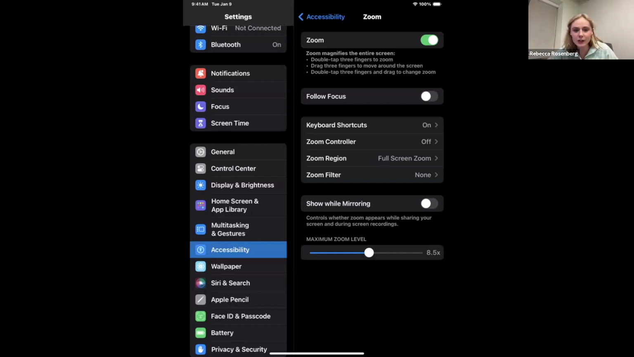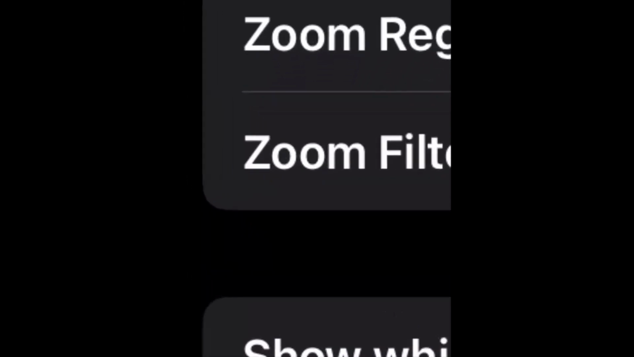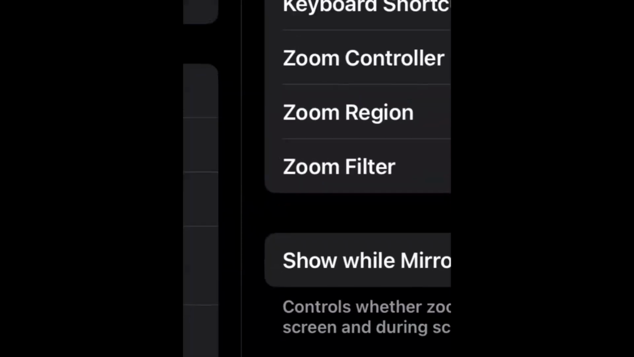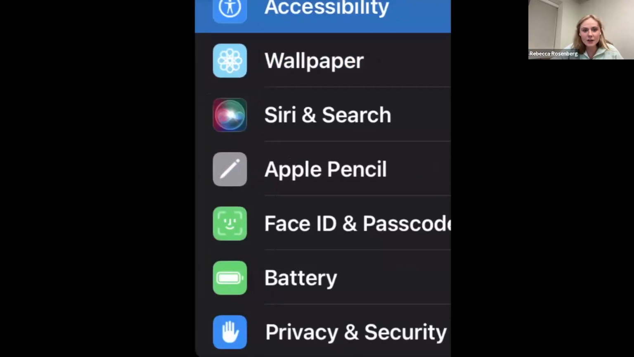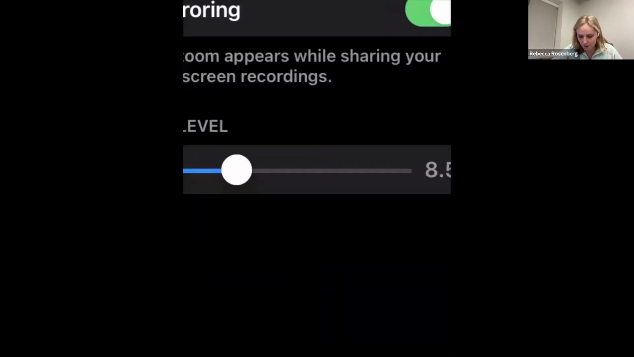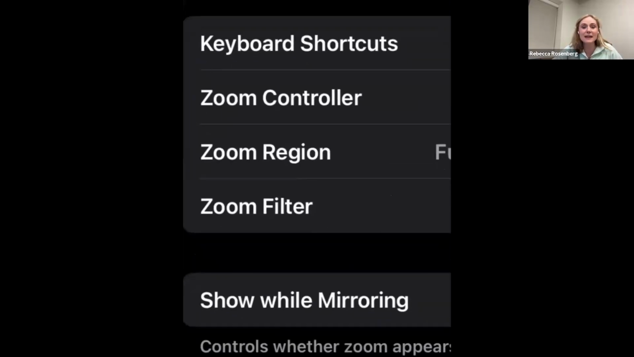And now I'm seeing why you can't tell that I've zoomed while I'm screen mirroring, because the show while mirroring is turned off. I think that if I turn that on, now you can see it. There we go. All right. And then we can actually move around, and in certain cases it will jump to other text or things that it thinks you might be interested